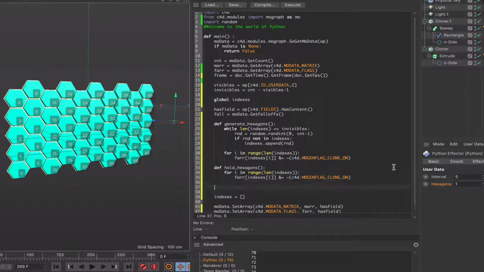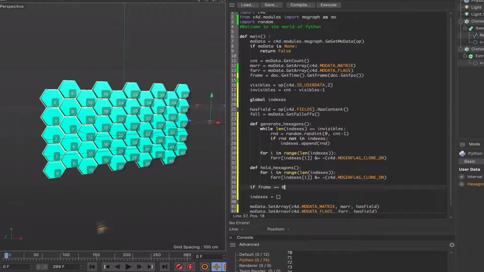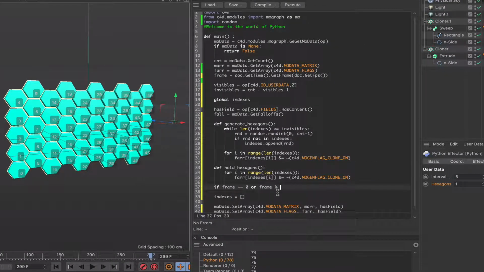So let's take this a step further and say if frame is equal to 0, so if we're at the start of the animation over here, if frame is equal to 0 or frame, and then we're going to modulo the result of this. So if frame modulo, and then we'll bring in the interval so that we can control the actual time interval from there. If that's equal to 0, which it will be every time the frames are equal to 5 or a multiple of 5, as it stands at the moment. Obviously we can change that to whatever we want up to 100. So every time we get a multiple of 5, we're going to get a 0. We can then say